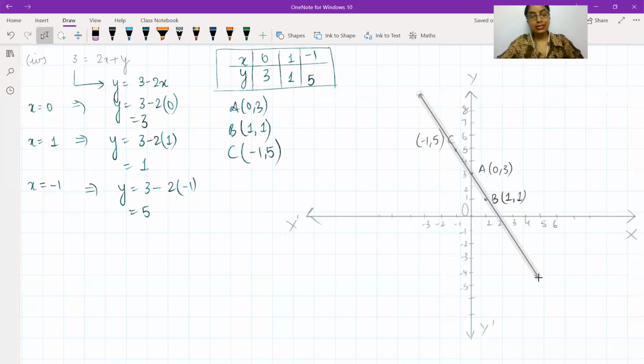And the thing is, it doesn't make it 100% sure that your answer is correct, but it is close to being correct, provided that you are working out your values correctly. That's it. So you can write down the linear equation given to you, 3 equals 2x plus y, the original form. I'm writing my linear equation next to the line that I have drawn.